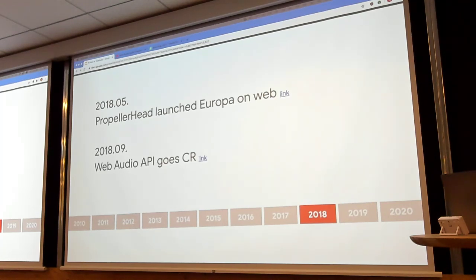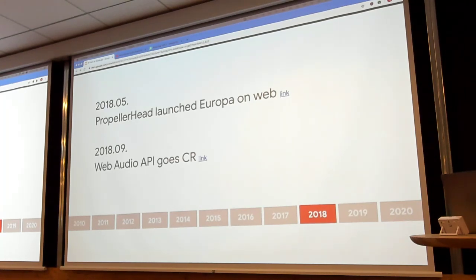And more exciting things followed. The Propellerhead. Do you know this software company? They're a Sweden-based company. They are the maker of software named Reason. It's one of the most prominent digital audio workstations in the pro audio industry.